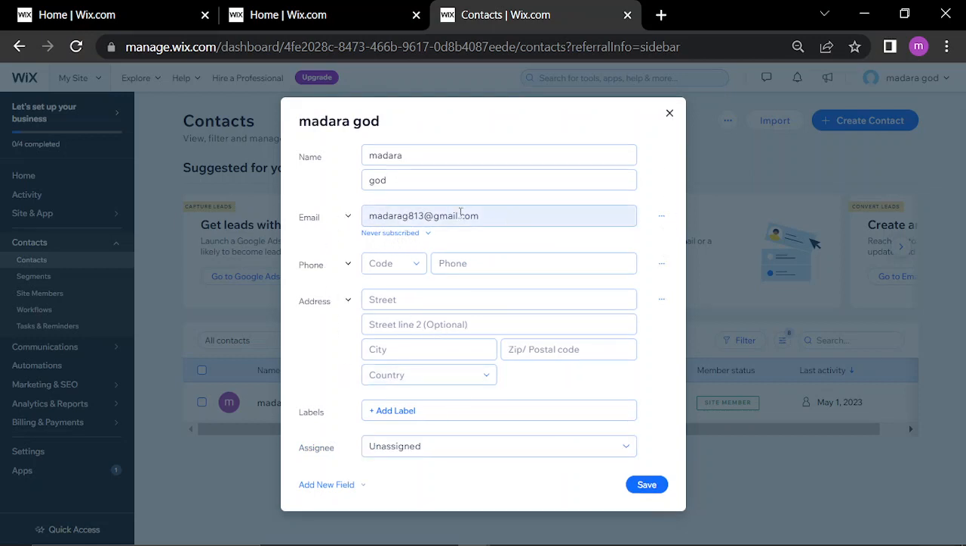You can adjust the emails, the phones, the address and label and click